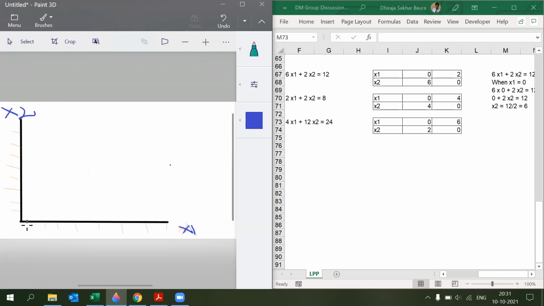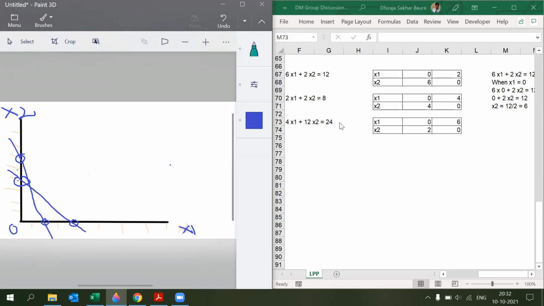Okay, and we have 0 here. So now let's find out 0 and 6. 0 is x1 here. 1, 2, 3, 4, 5, 6. This is the point that I'm getting. 2 and 0, x1, 2. 1, 2. This place. 0, 1, 2. This becomes the thing. Now what I'll do is I'll just join these two. Similarly, going for x1, 0 and x2, 4. x1 is 0. 1, 2, 3, 4. This is the point. And 4 and 0 in x1, 1, 2, 3, 4. x1 is 0 here. Sorry, x2 is 0. So I'll join these points.